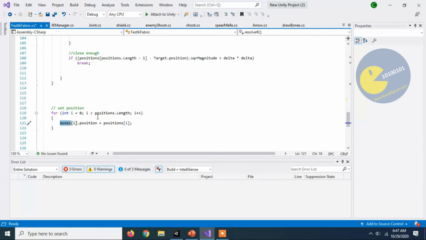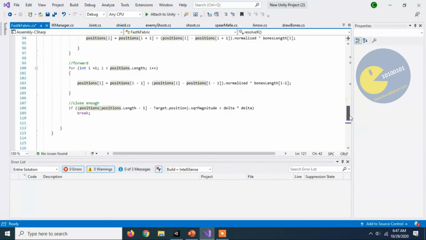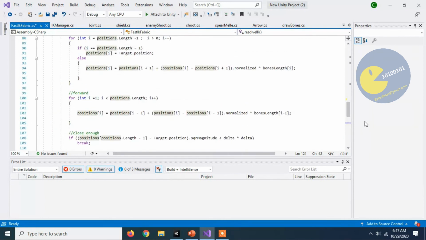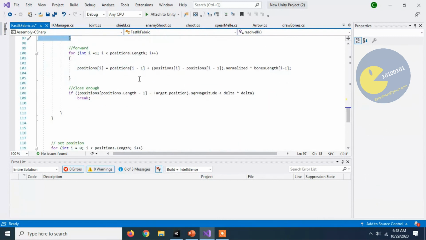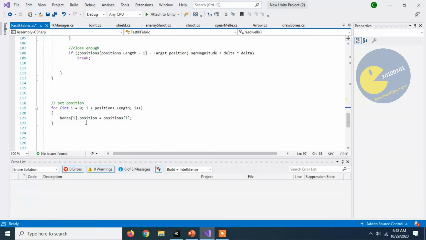So we just need to update the position of those bones to the updated positions which we found in these forward and backward passes. We first need to find the perfect positions for our bones, and only after that we need to position every bone to the position which we found.